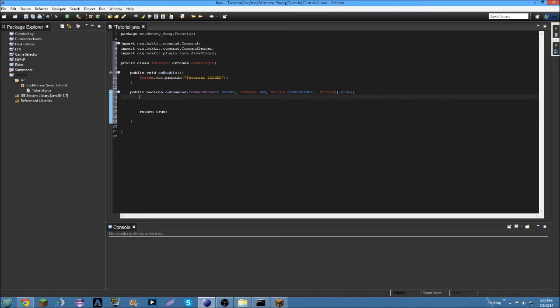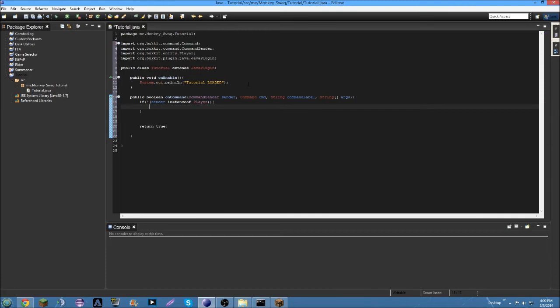Alright, so first of all, we got to make sure that the sender, the person sending this, is not console, because we don't want console doing this command. So we're going to do a check if not, exclamation mark. You should already know that means not. If not sender is an instance of a player, then we're going to do, oh wait, sorry, this is capitalized, it should not be, there we go, and import Player. If sender is not an instance of Player, sender.sendMessage